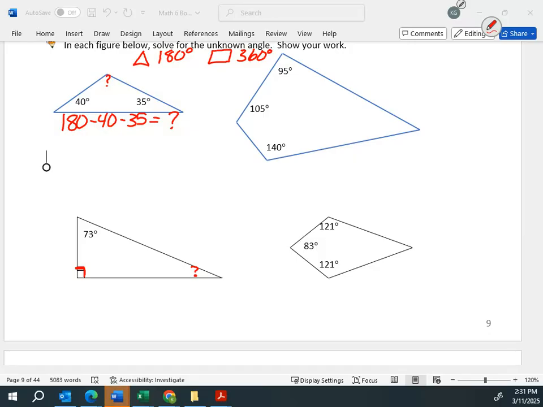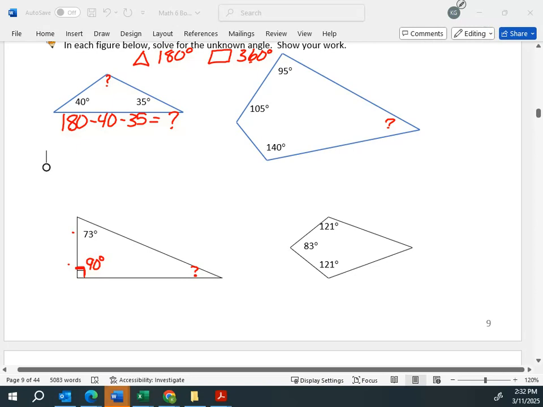Now this objective, sometimes we have to do some thinking about what we remember about angle measurements. That right angle, if you don't remember what it is, look back at previous objectives. You will see a right angle is 90 degrees. Now I know two of my angles. I can subtract it away from that 180 degrees and get my question mark. For my quadrilaterals, I do the same thing using 360 degrees, subtracting away from that 360 to be left with